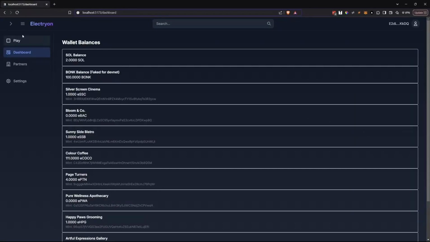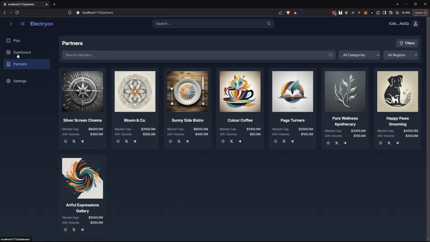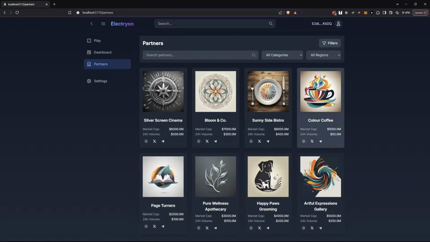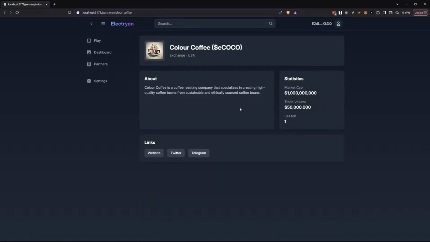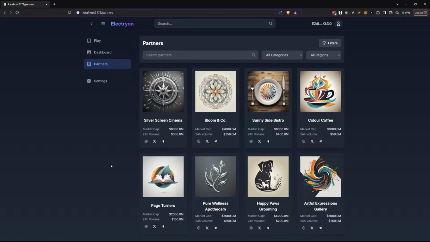Once you're in with the wallet, there are three major pages. The partner page is a list of all of our partners. So, for example, Color Coffee, a completely made up business, but this could be one of the partner businesses that we would partner with for our project. And the idea is that we offer fractionalized investment into these businesses. So these are the 8 businesses for this demo,